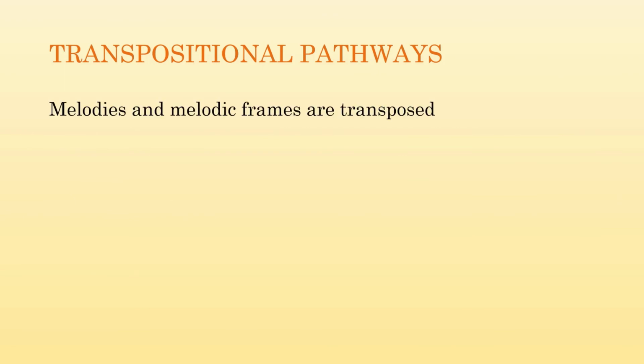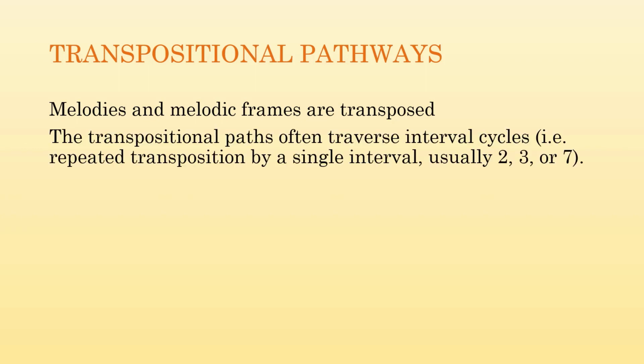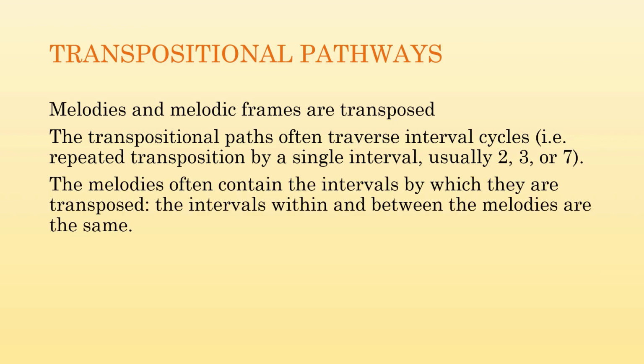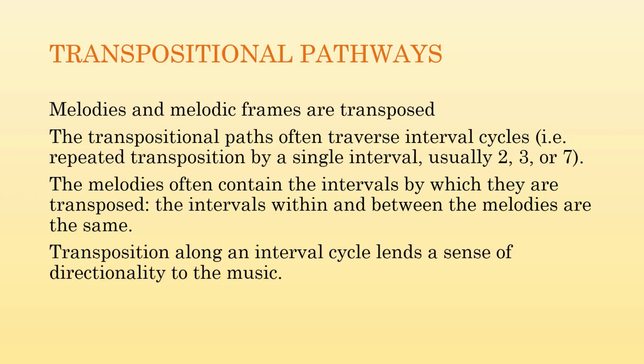The melodies and melodic frames we have been discussing here are frequently transposed, creating meaningful pathways that may span large sections of music, up to entire scenes. These pathways follow interval cycles, repeated transposition by a single interval, usually 2, 3, or 7. The fact that the melodies being transposed contain these intervals gives the pathways a motivic aspect. Intervals within and between the melodies are the same. Transposition along an interval cycle binds melodies together in a coherent chain and lends a sense of directionality to the